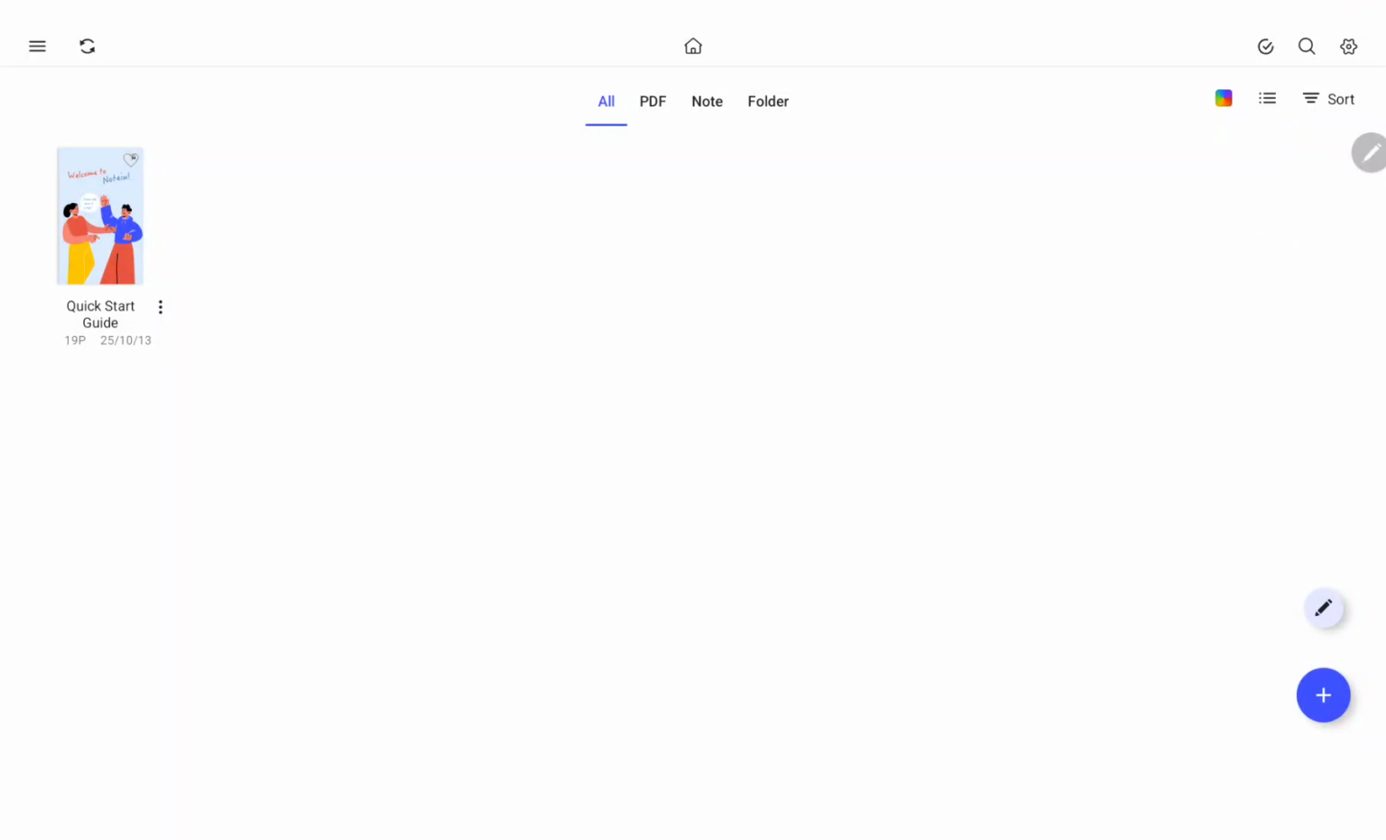Hello guys, in this video I'm going to show you how to enable adaptive stroke width option on the Notein